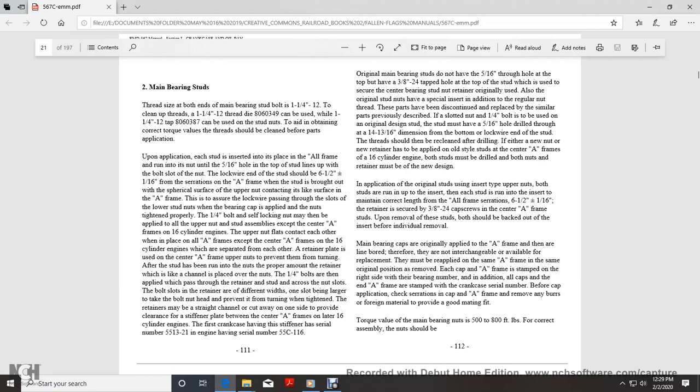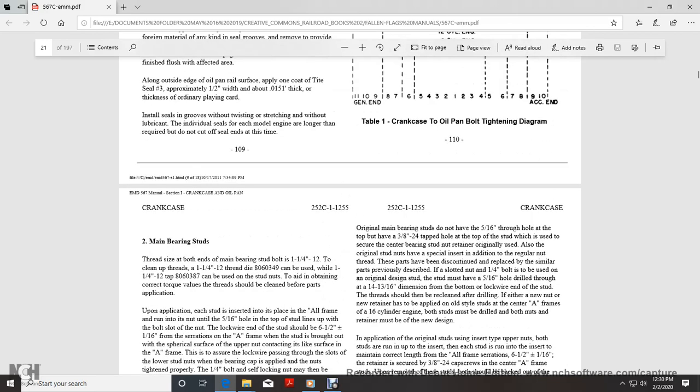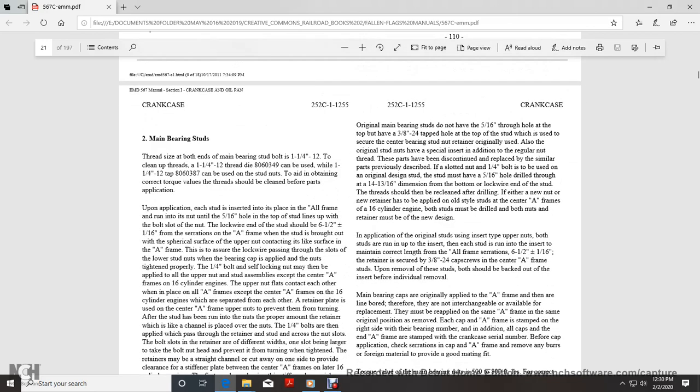Stiffener plate between the center A-frames of the 16-cylinder crankcase, having stiffener and serial number of the 551321 engine, having the serial number of the 55C1 16. Original main bearing studs do not have the 5/16 inch through the hole at the top of